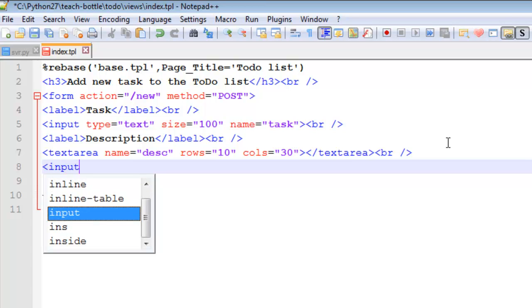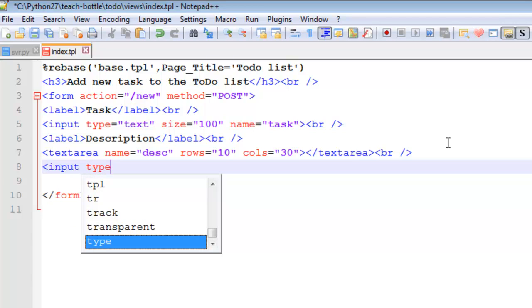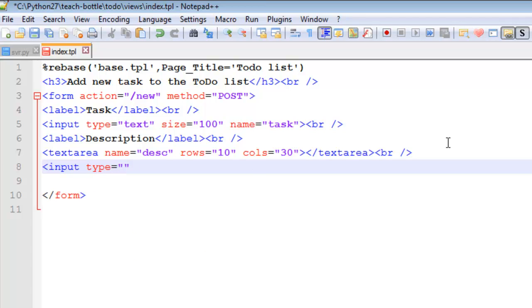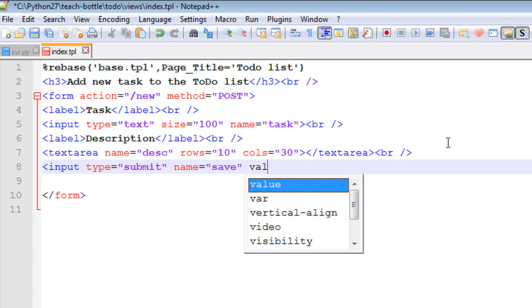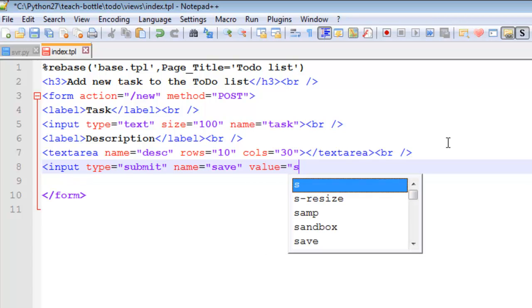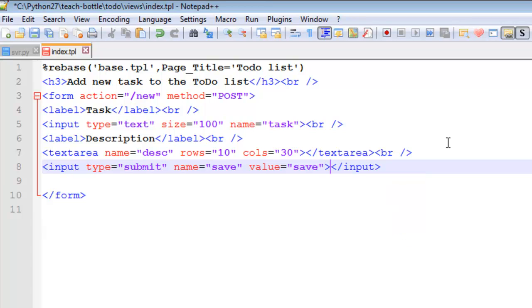input, touch typing, sorry about that, getting a bit sloppy, aren't I? Type equals submit, name equals save, whoops, value equals save, you close that,